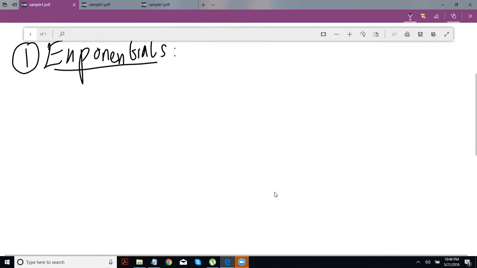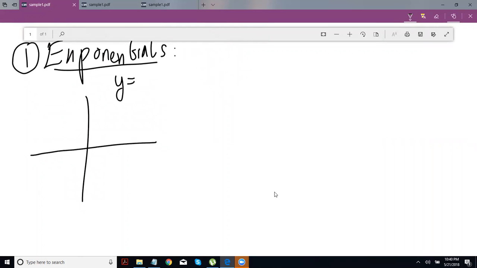If you think about a very basic exponential, y is equal to e power x, let's start off very simple. The first thing you should be thinking about, whenever you're sketching a particular graph or function, is the intercepts. In this case, the y-intercept, which is where x is equal to 0, will be 1,